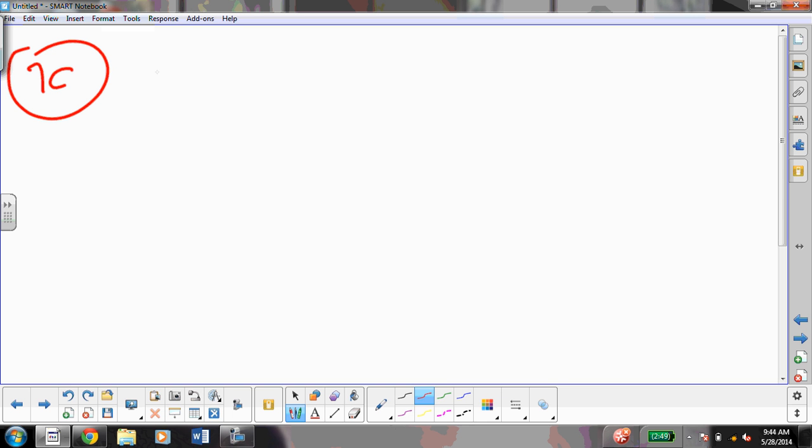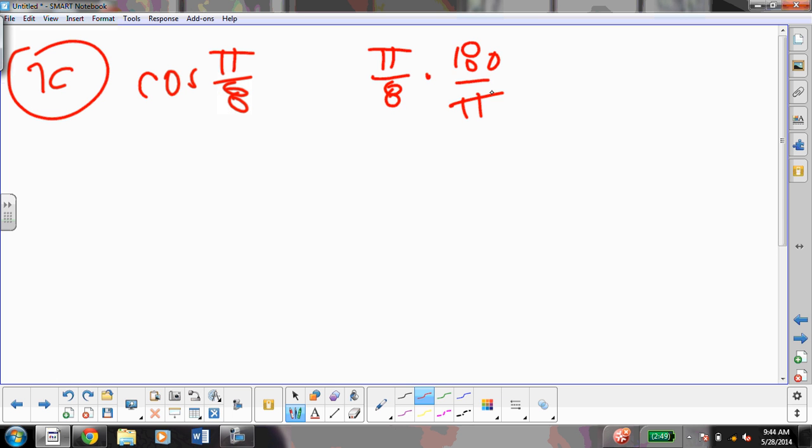For 7c, we have the cosine of pi over 8. First thing I did was convert pi over 8 into degrees. I do not believe 180 divides evenly by 8. So I end up getting 45 over 2, which is fine because 45 over 2 allows me to use a half angle identity. Half angle identity for cosine